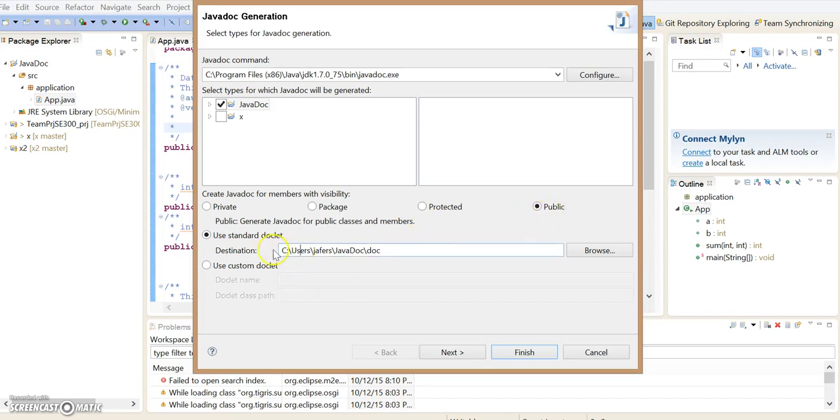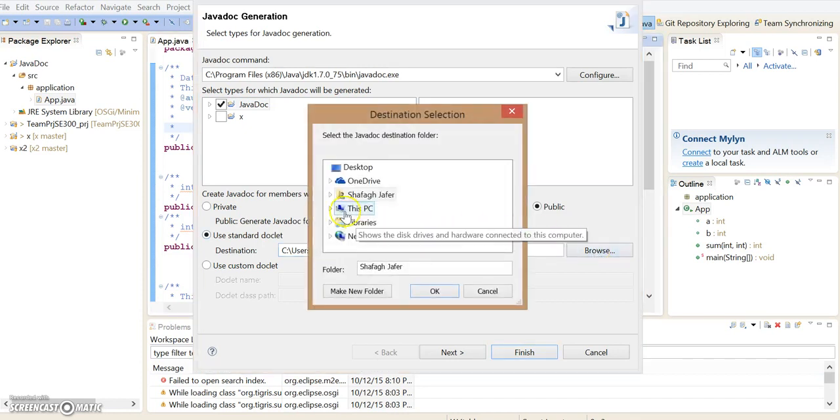Then you come down to here, which is the destination. So every Javadoc you create would be saved somewhere. And usually where you want to save it, it has to be within your Java project. So I'm going to pick that and really just place it inside my workspace. So I will have to look for my Eclipse workspace, wherever I saved this project. So that's probably going to be under